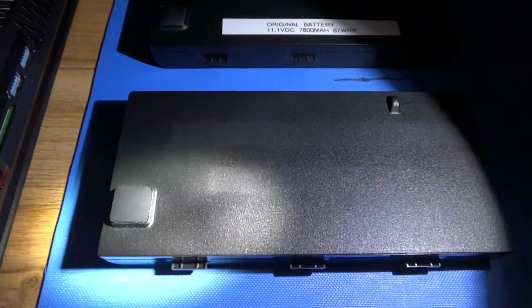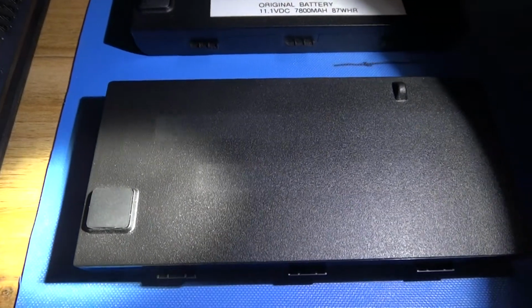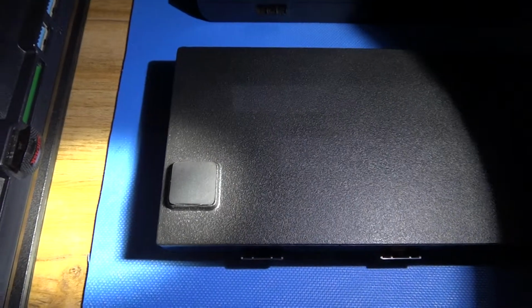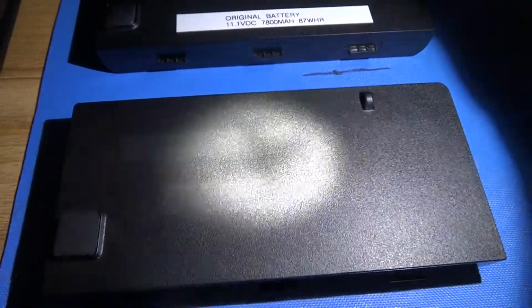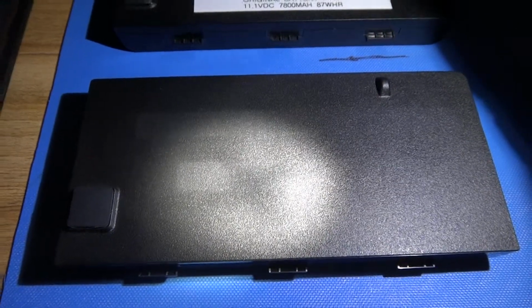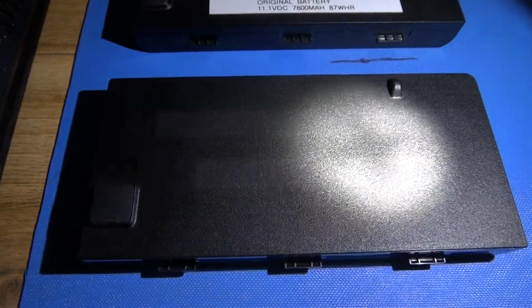So what I have here is the latest battery that was sent to me by IPC-Tech, and you can tell this is a reproduction because the foot on the bottom there is not the same as the original MSI. You have to forgive the mark in the centre. I originally stickered it up just so I knew it was the second battery, and I've removed that now. So this is the second battery that you've sent me,